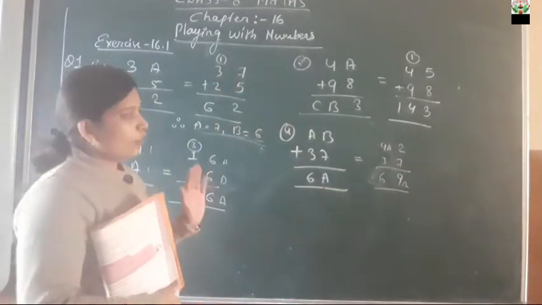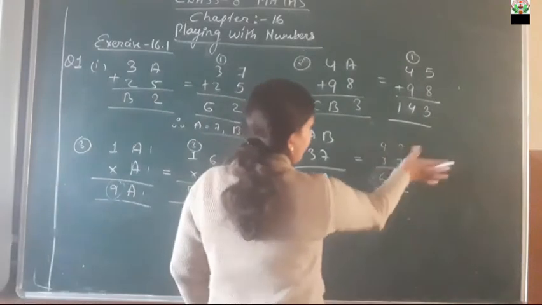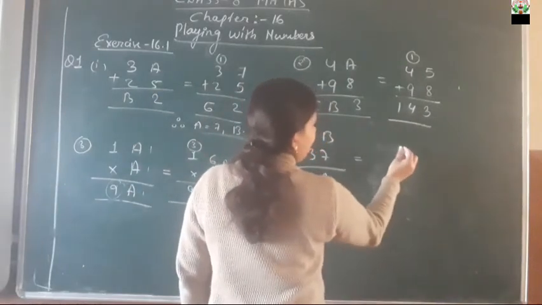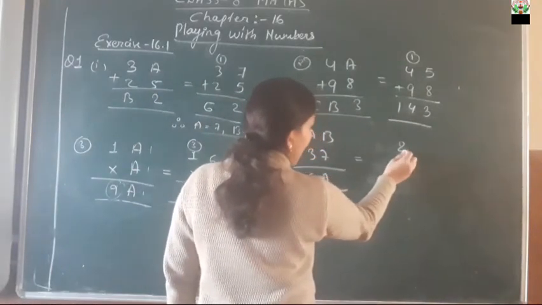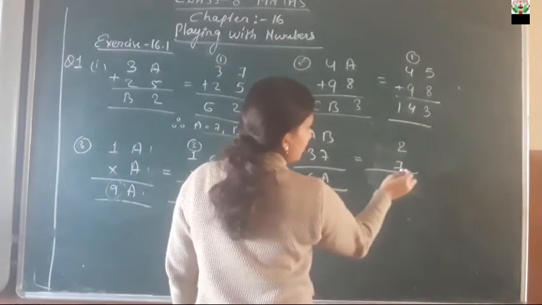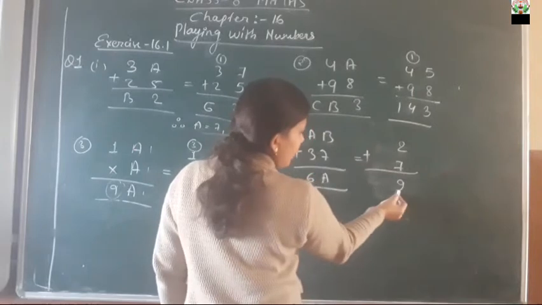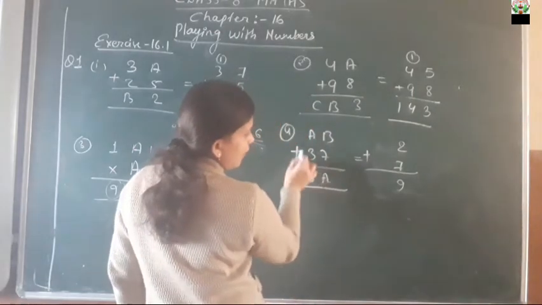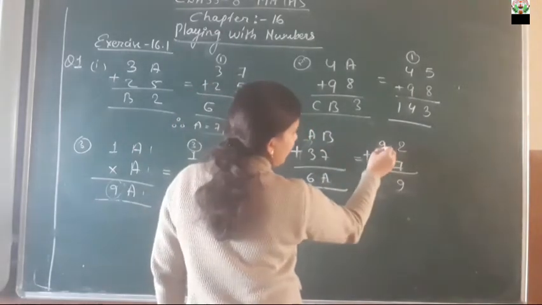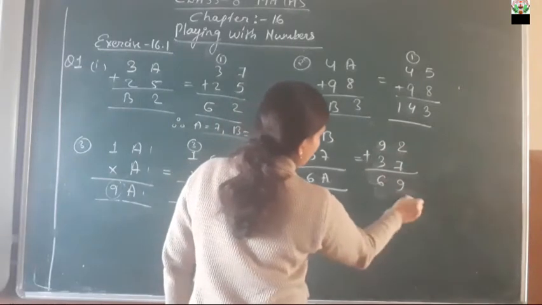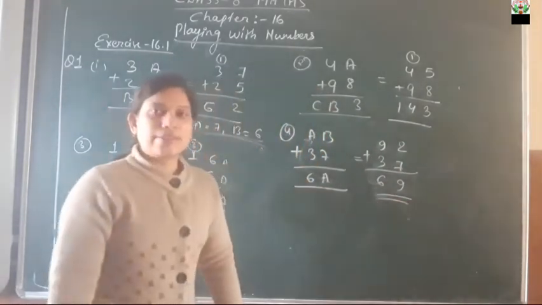So that means we can say that if we put the value of B as 2, added with 7, we will get 7, 8, 9. Okay. Then this same A is here, so that will be the same as over here. So 9 will be here. 9 plus 3 is 6. So this is the correct answer, 6. Understood?